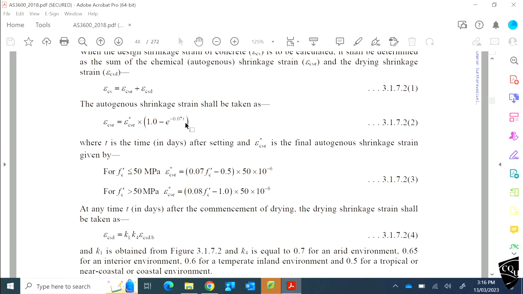Okay? So you should be able to get the shrinkage after 5 days or 10 days, or if it is after 1 year, 365. If it is 10 years, 3650. So T should be in days. Okay, and this one